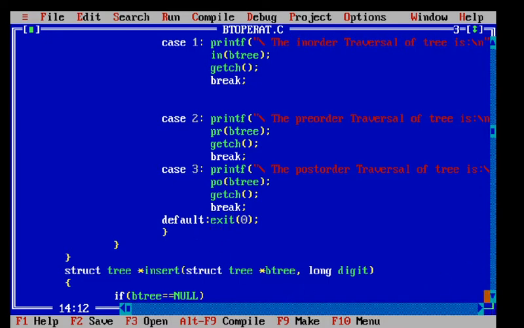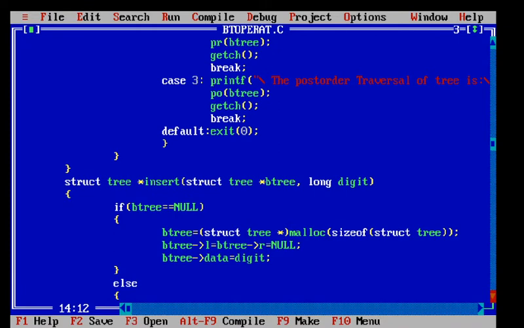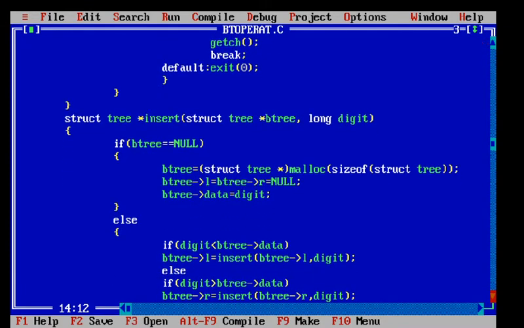Now friend, let us look at how to insert an element into the binary search tree. You know that in the binary search tree the root node is the starting node. On the left hand side the nodes have minimum values, and on the right hand side the nodes are greater than the value of the root node.